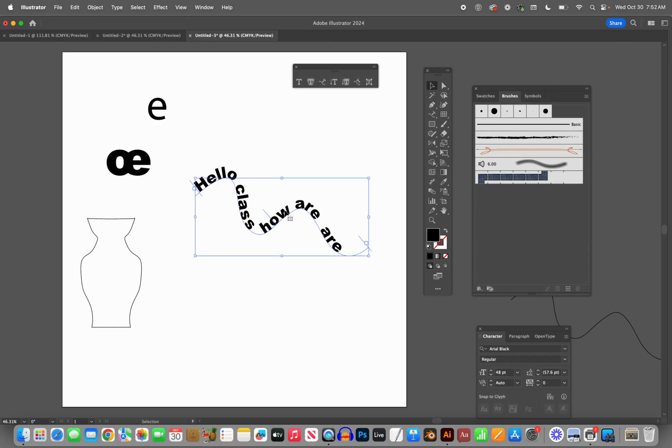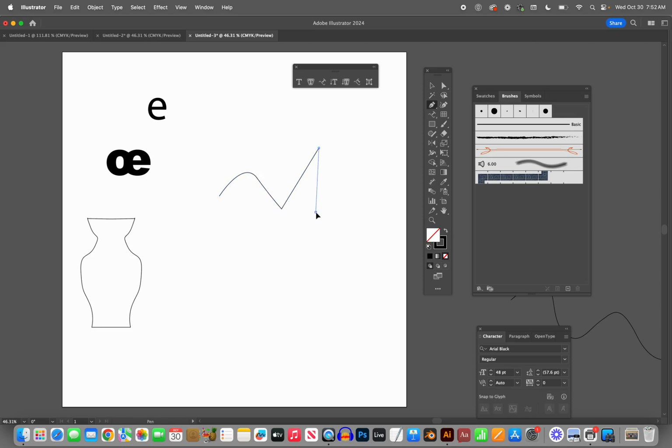Okay, so the other little thing here, quickly, let's do another one. This time I'm going to make sure that it's just a path. And you can do zigzags too. It doesn't have to be always a curvy path. Anyway, let's say you went on this side and I start to type. You see, so it helps if you start on the left. So keep that in mind. The other thing, it relates to